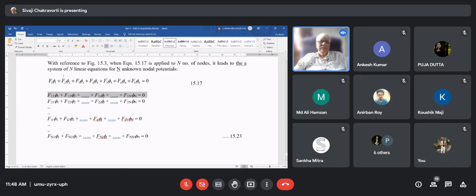So what will happen? Depending on the connectivity, whichever nodes are connected, that will have a non-zero element. So that coefficient will be non-zero, but all other coefficients will be zero. Variables will be present, because variables we are going to solve. So if the first one is not connected, it will be like 0 into phi 1. Second one, if it is connected, then it will be f1 to phi 2. Then in the middle, if it is not connected, then it will be 0 into phi j. Then in the end, if it is connected, then it will be f1n into phi j.